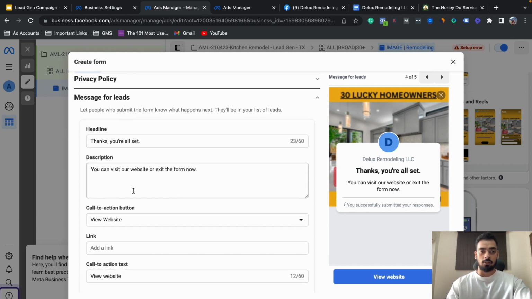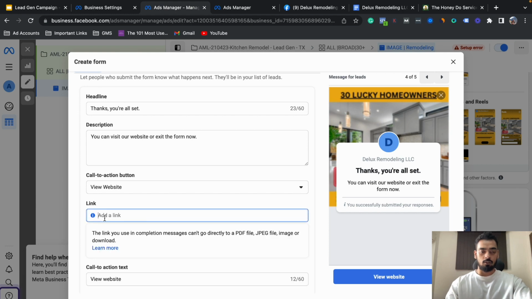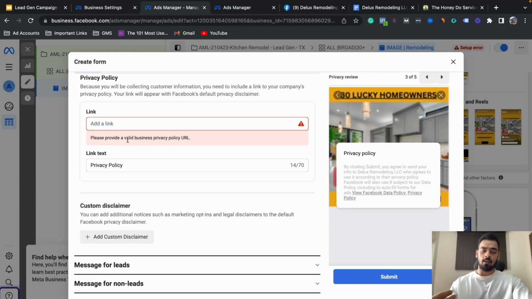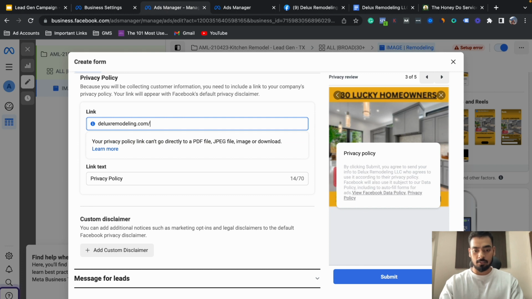Headline, thank you, you are all set. You can visit website. So link, you can submit the link here. It should be a privacy policy of your website, of your client's website. If you do not have one, you can use a privacy policy link generator to actually generate a privacy policy link and upload it here. So we'll go ahead with deluxeremodeling.com/